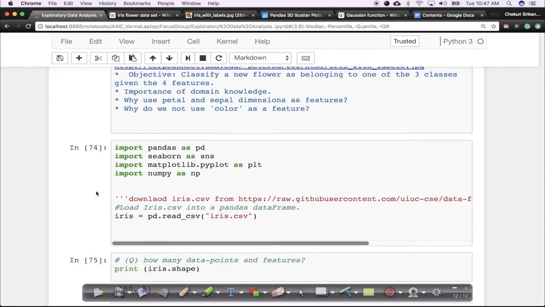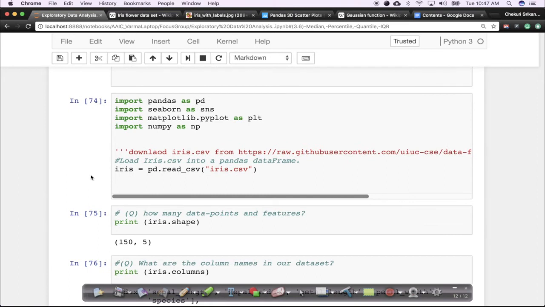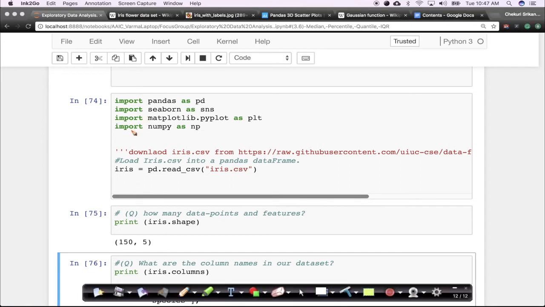So let's go and run. My first question is, in this iris dataset, how many data points are there, right? So let's go through some simple code. Let's be the Sherlock Holmes. Okay, so I'm just importing a bunch of libraries. In our Python section, we learned about pandas, seaborn, matplotlib, and numpy. I'm just importing these libraries, and I've downloaded my dataset of iris.csv, which is a comma separated value file, from this GitHub resource. And all that I'm doing here, as you have seen in pandas, is I'm just reading a